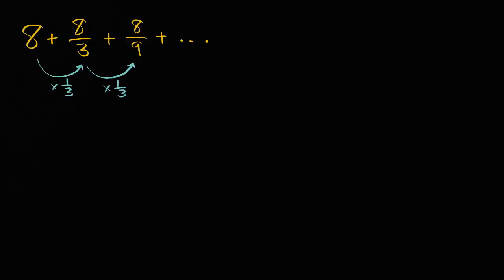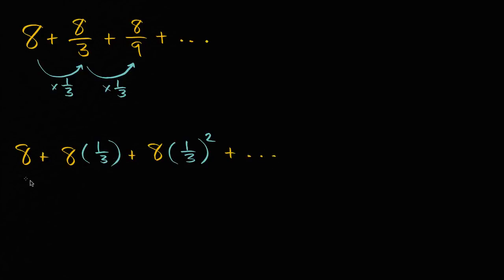So we can rewrite the series as 8 plus 8 times 1/3, plus 8 times 1/3 squared. Each successive term, we multiply by 1/3 again. And so when you look at it this way, you're like, okay, we could write this in sigma notation. The first thing we wrote is equal to this, which is equal to the sum,